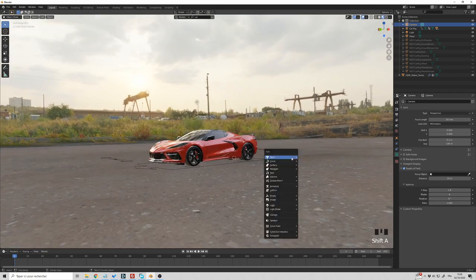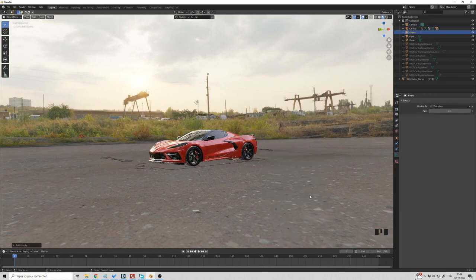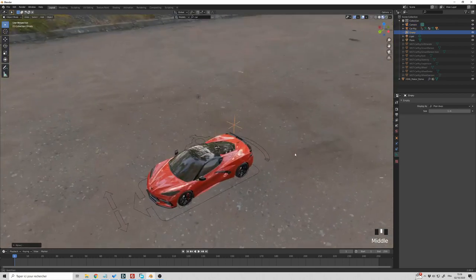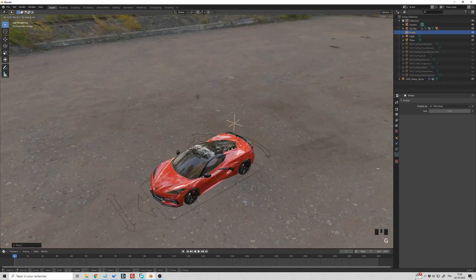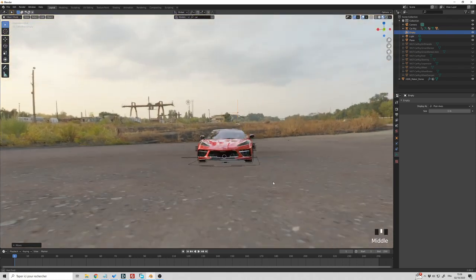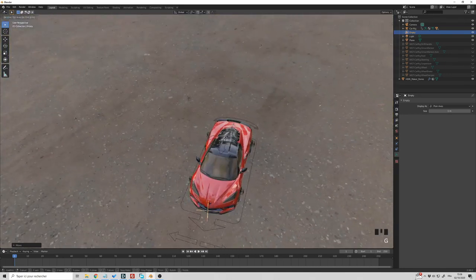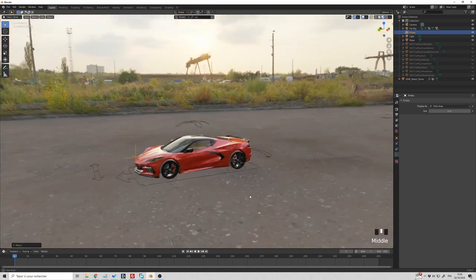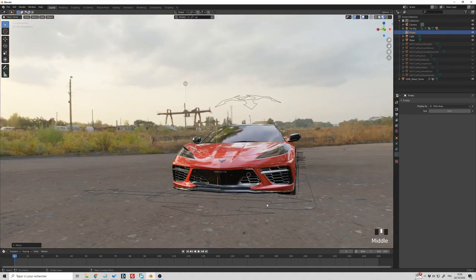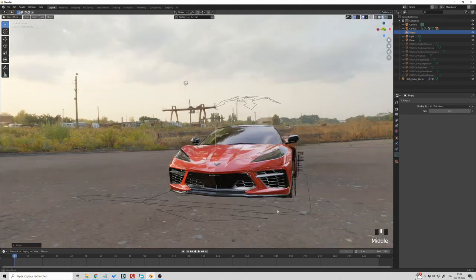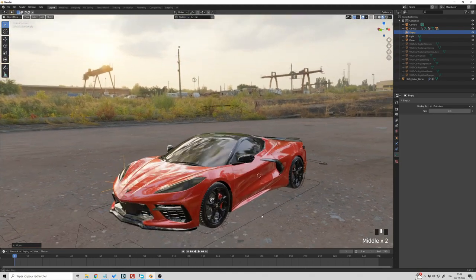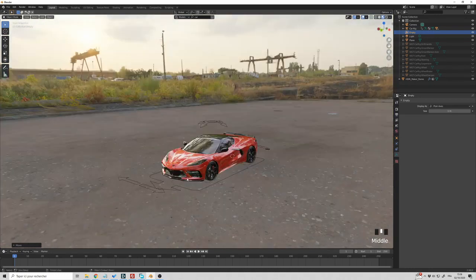So now I'm going to create a focus point. So I go in empty and plane axis. Okay, my empty is here. I'm going to move it. So G Shift Z. I'm going to move it here. I'm going to position the empty where I need it to be. So I would like it to be on the front of the car. So it looks okay here. So now I have my empty at the right place.